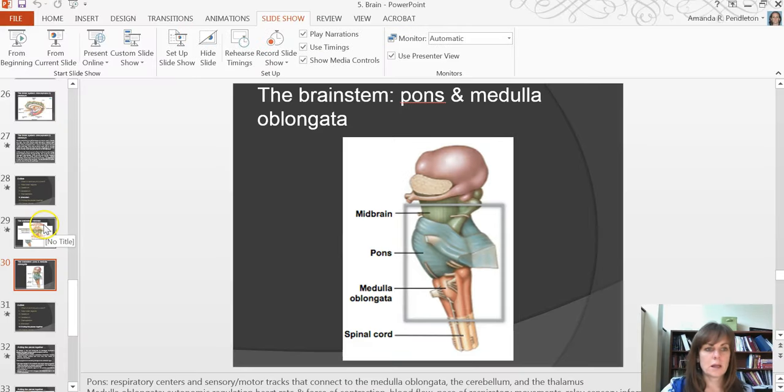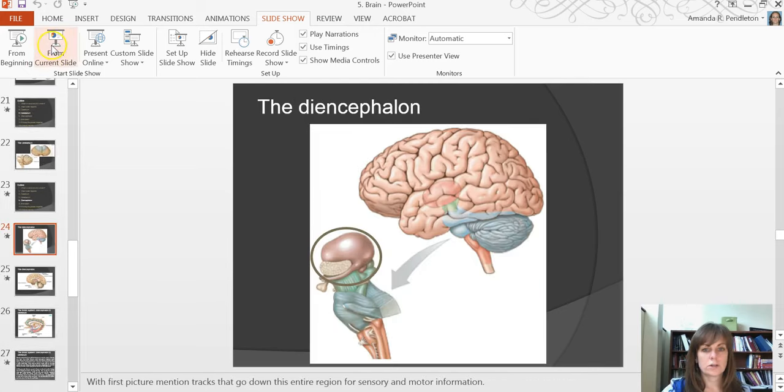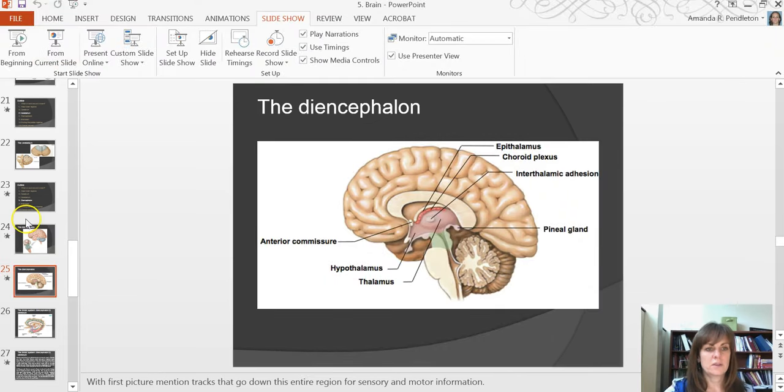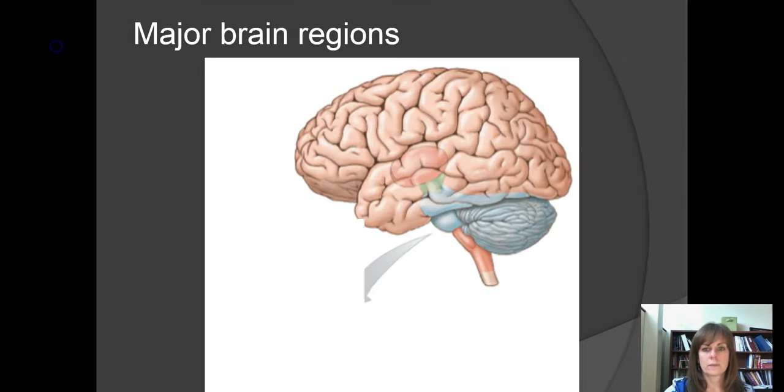Now, something that I'd actually like to point out on its structure that may be helpful, let me find the right slide to do that. Okay. In blue here is the pons, and you may notice that the cerebellum is sandwiched right behind it. Okay. And if you remember from our brain model, here's that cerebellum, and we actually have that right and